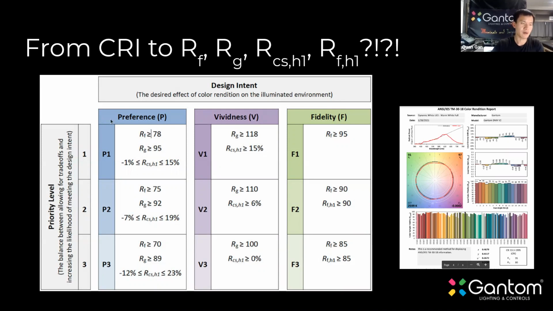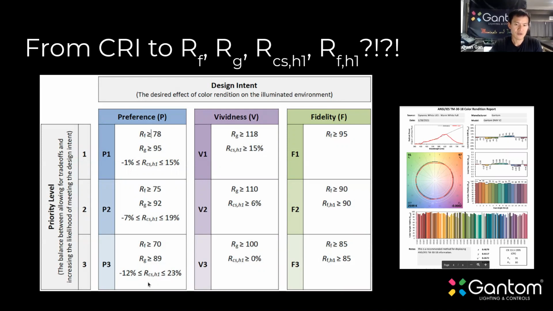And in particular, for the preference rating, this evaluation came through a bunch of real-world experiments where if something has a P1 rating, then more than 90% of people will find the light acceptable. If it's P2, then more than 80% will find it acceptable. And then if it's P3, more than 65% of people will find this light source acceptable. Okay, so now we have these different metrics, and how you actually will specify this is, instead of looking at